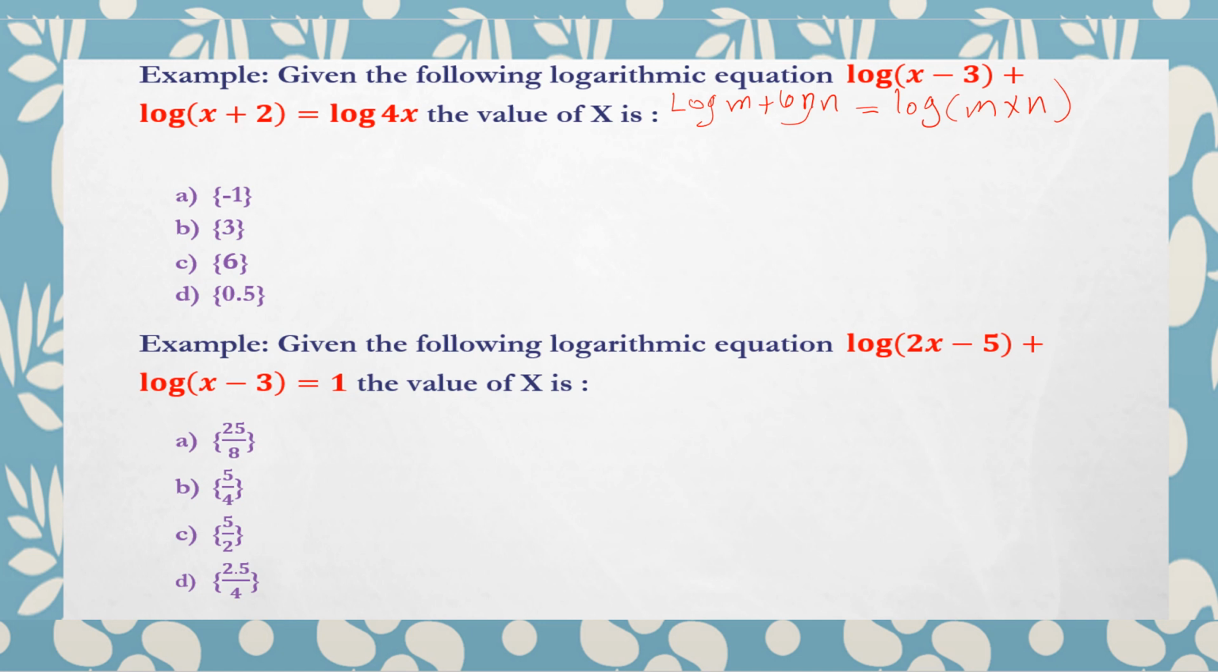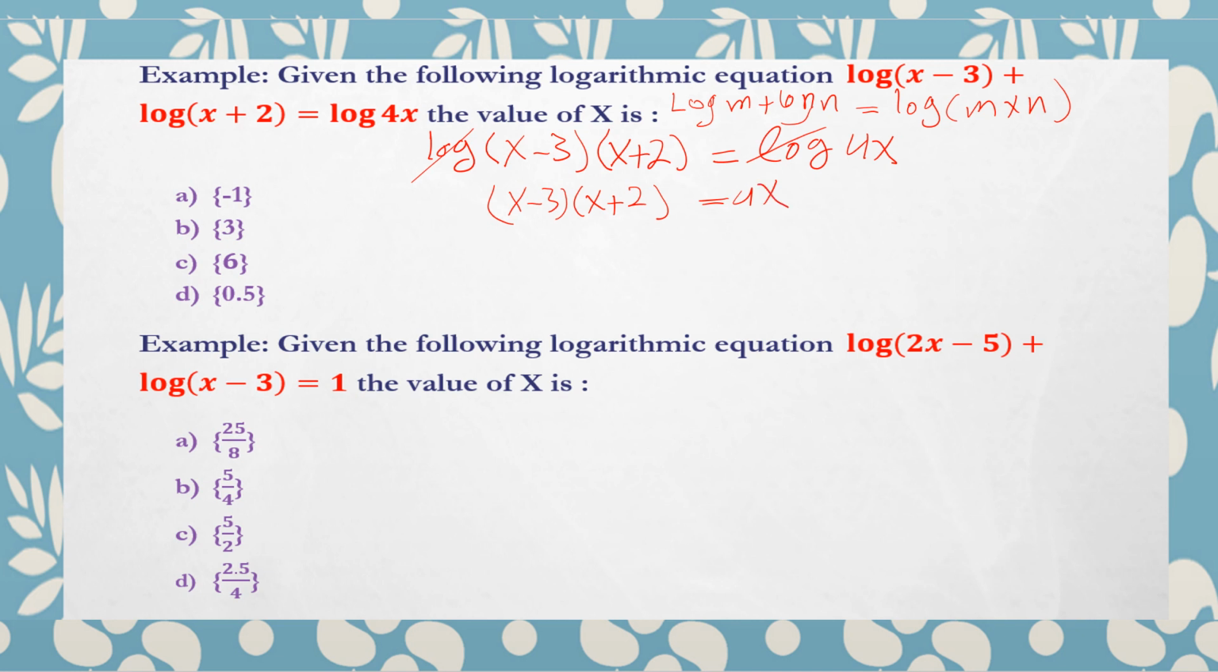So log (x minus 3) times (x plus 2) equals log 4x, and log goes with log, so (x minus 3) times (x plus 2) equals 4x. By multiplying both